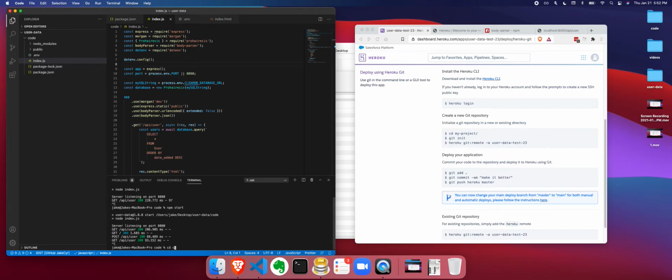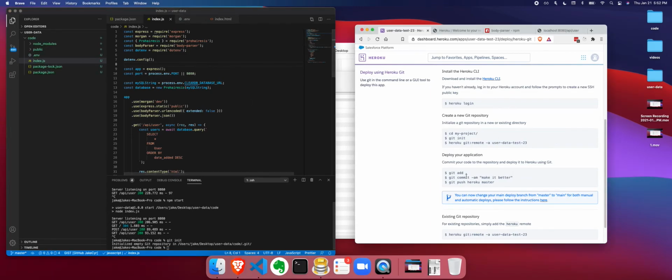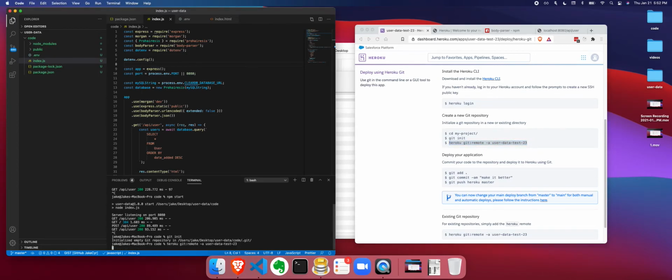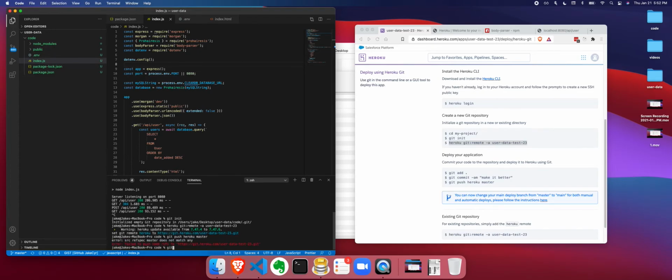We're in the code folder already. Just do a git init, and we'd set this git remote. So copy this value, paste it, and then we can do a git push heroku master. Sorry about that, let's add all the files first. So git add all, git commit -m, our first commit,